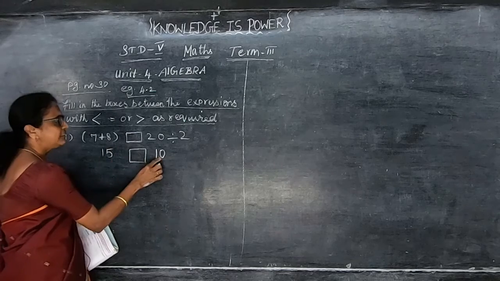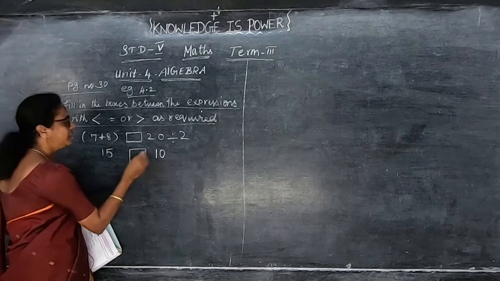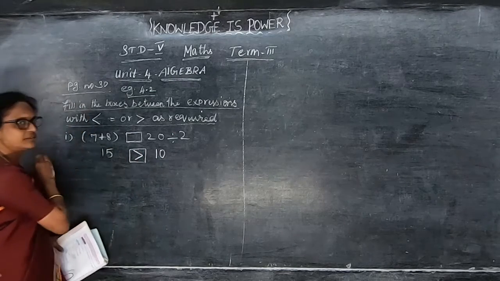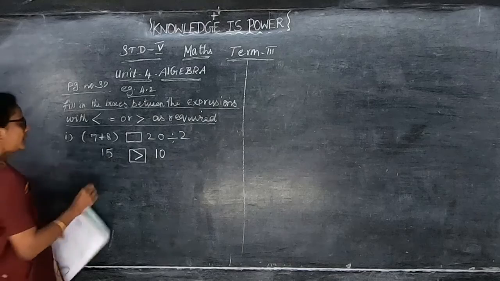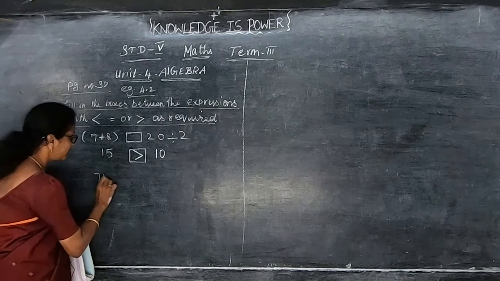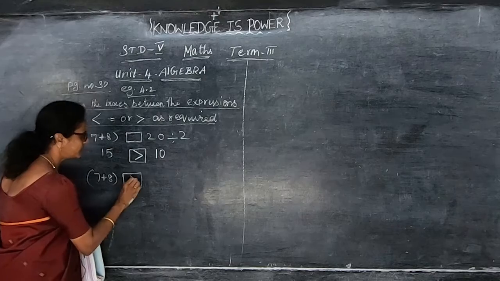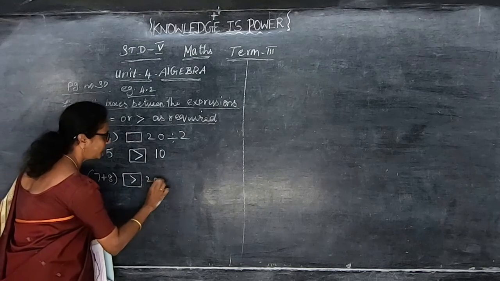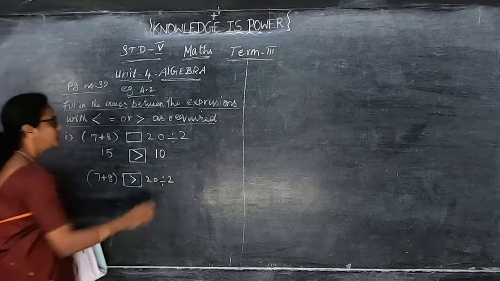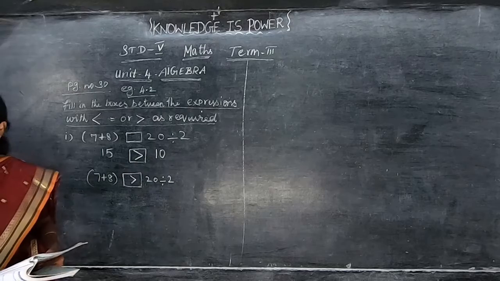Now which symbol we have to put? 15 is greater than 10. So 15 வந்து 10 விட பெருசு. So put the symbol like this. 15 is greater than 10. Hence அப்புறம் திருப்பி என்ன பண்ணுங்க, 7 plus 8 bracket அந்த boxல you put the symbol like this and then 20 divided by 2. This is a way of writing the